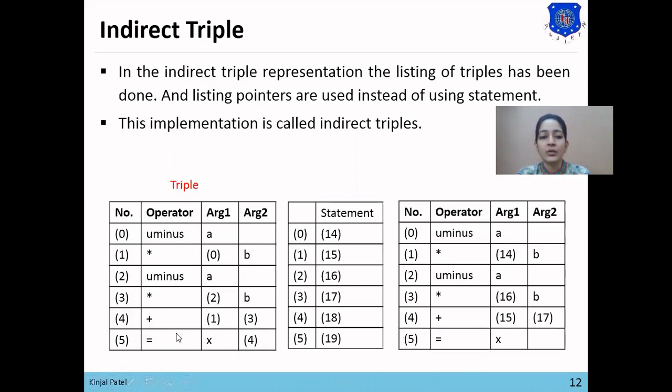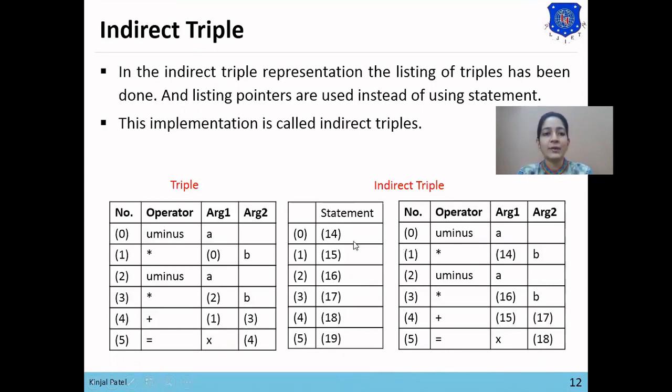Now we want to assign this whole expression to variable x. The result of this whole expression has been stored in address 4, which points to pointer 18. So now we'll use pointer 18 to store the result. So x equals 18 means the result of 18 has been assigned to variable x. So this represents the indirect triple.